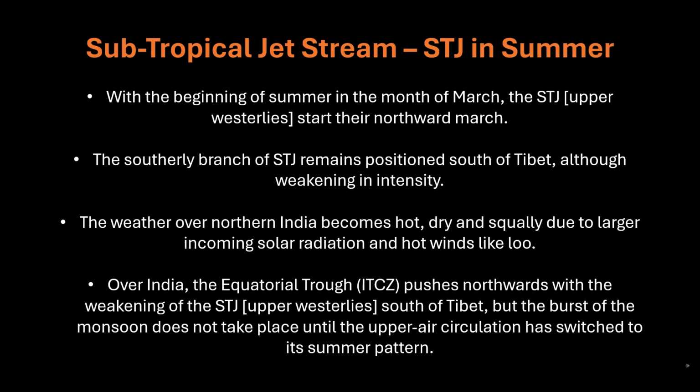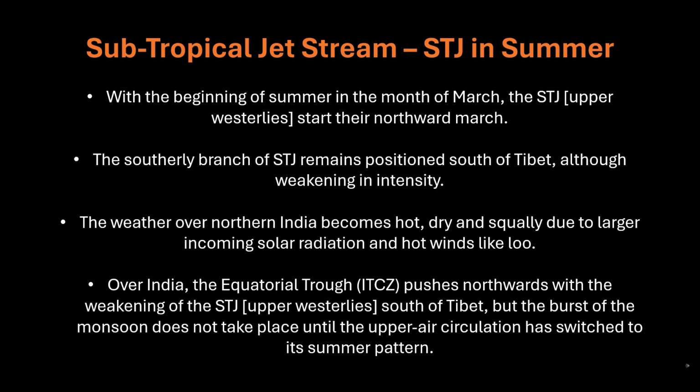Subtropical jet stream, STJ in summer. With the beginning of summer in the month of March, the STJ, upper westerlies, start their northward march. The southerly branch of STJ remains positioned south of Tibet, although weakening in intensity. The weather over northern India becomes hot, dry and squally due to larger incoming solar radiation and hot winds like Loo. Over India, the equatorial trough, ITCZ, pushes northwards with the weakening of the STJ, upper westerlies, south of Tibet,